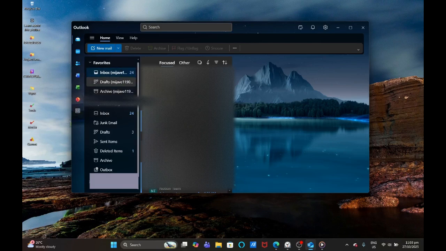Now let's move on to the middle pane, which is central to your email experience. Here you'll see the inbox or whichever folder you are currently in. This area is where your emails are listed, allowing you to swiftly browse through them. As you click on an email, the reading pane, also located in the middle pane, will display a preview of